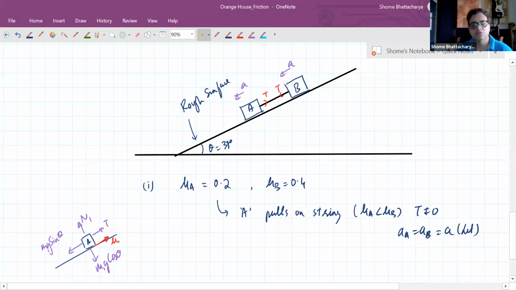So that is mu A N1, okay, and an acceleration of A. So for A, we will have the equation